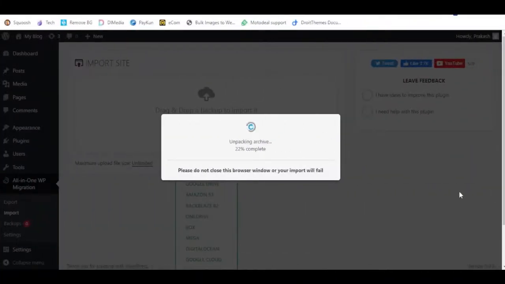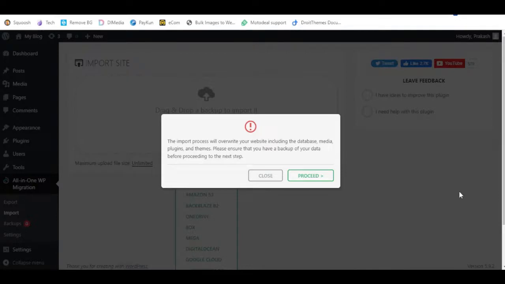We have just finished uploading the file, and now it is completing the steps to have the website up and running on the new website. So let us wait for some more time. So it is cautioning me that the import process will overwrite your website, including the database, media, plugins, themes, and it is asking me to back up the data, if any, on the existing website. So I don't want to back up the website because it is anyway a fresh WordPress installation. So I will just say proceed,